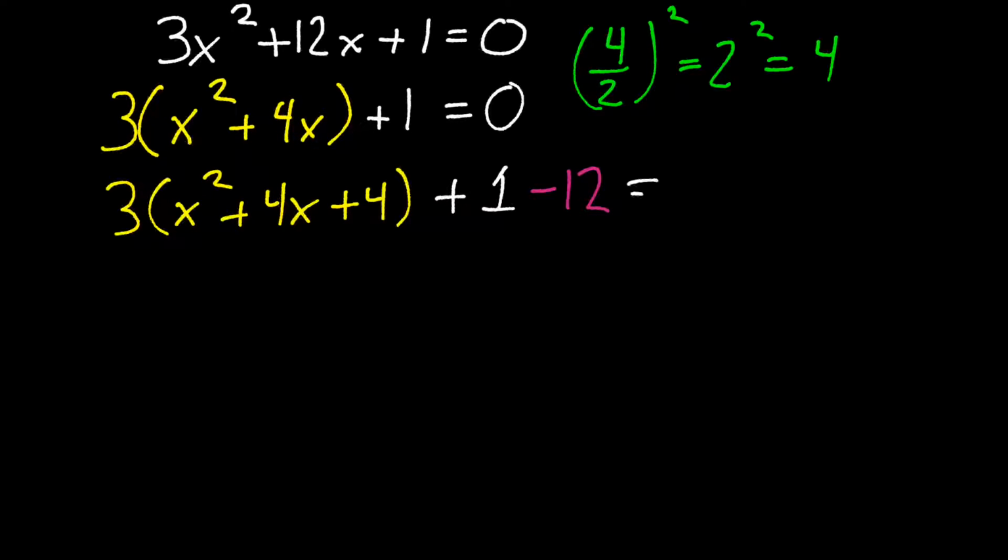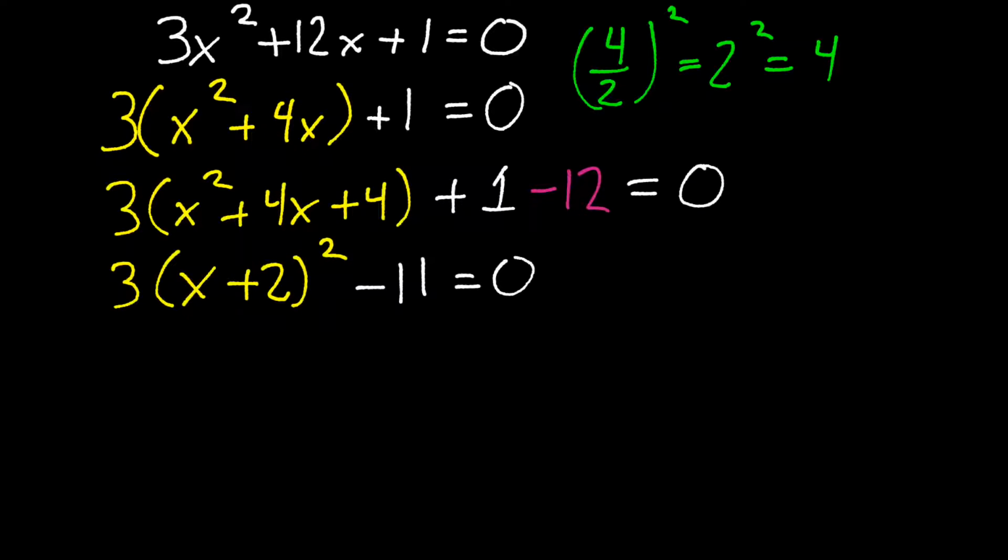And that is equal to 0. Now I can continue on with the method as before. The 3 is going to stay on the outside. I can simplify this down into a perfect square trinomial or binomial, which becomes x plus 2 quantity squared. I take care of my 1 minus 12, which is negative 11,